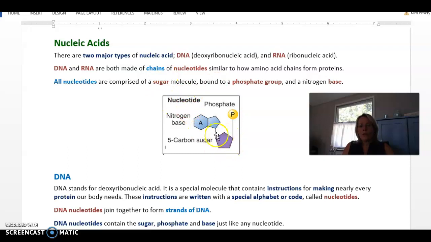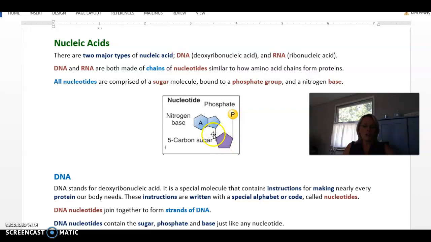One component is a 5-carbon sugar, and all that means is where you see these points in this pentagon, that's where a carbon would be located in that little molecule. They also have a phosphate attached to the sugar,